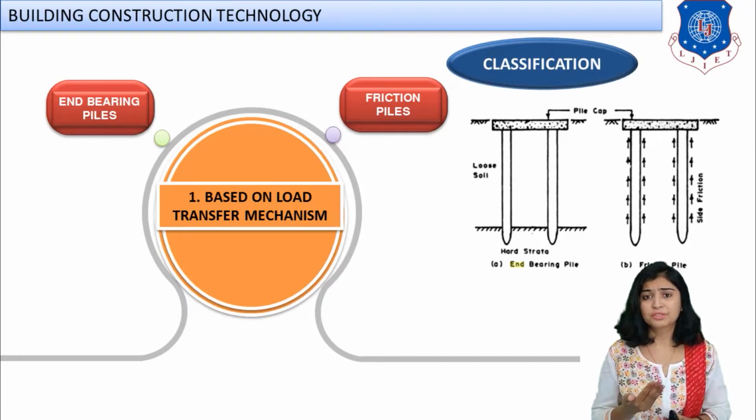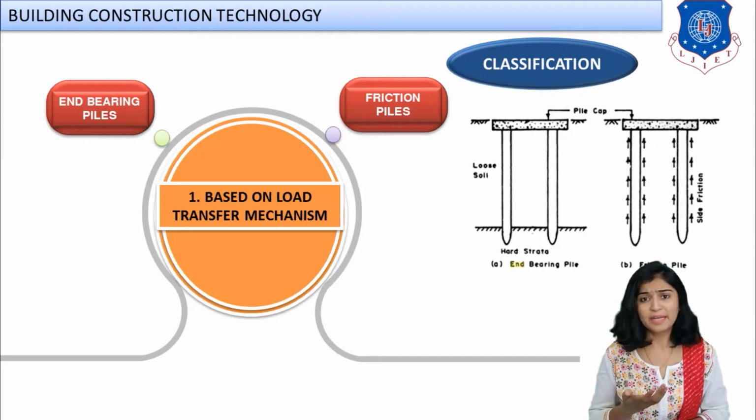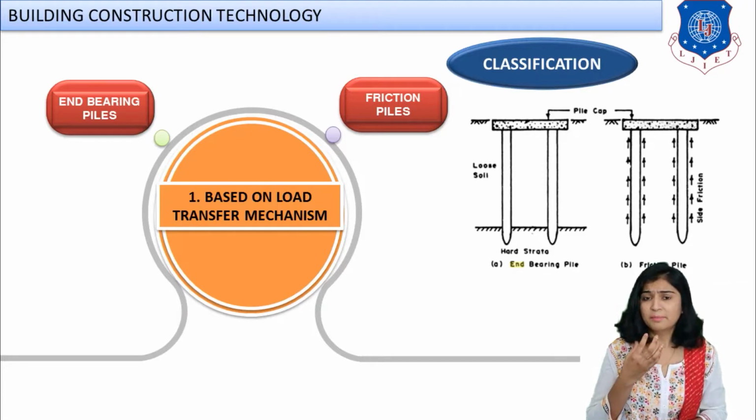And then when we move further to the classification based on construction material, if it is a steel pile, it can be a fender pile, it can be an anchor pile. If it is a timber pile, then it can be a fender pile. It depends on its function, on its purpose. Also, if I talk about the Franki piles or the Vibro piles, they are examples of friction piles. So the material classification can be any type of pile foundation based on function or based on load transfer mechanism.